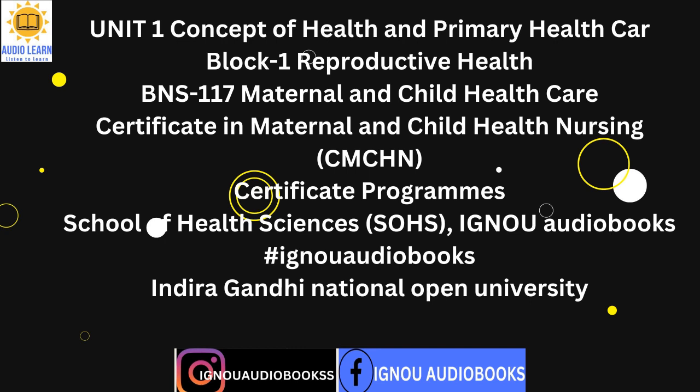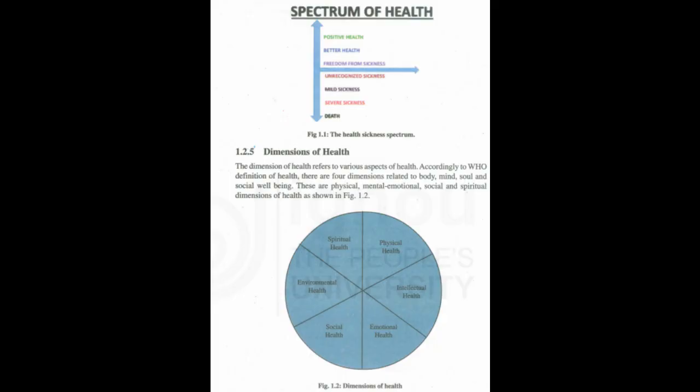1.2.4 Spectrum of health. Health of any individual is not constant. It changes every now and then, i.e., it fluctuates under the influence of factors from within the individual and his environment. The change from optimum health to ill health is often gradual. And where one state ends another begins is a matter of close observation. It means health of an individual fluctuates within a range of optimal health at one end to severe illness and death at the other end as shown in Fig. 1. This refers to spectrum or continuum of health.